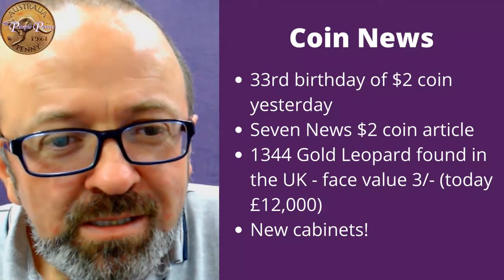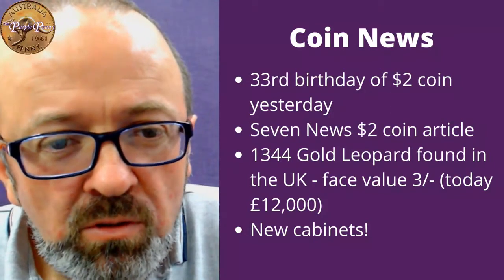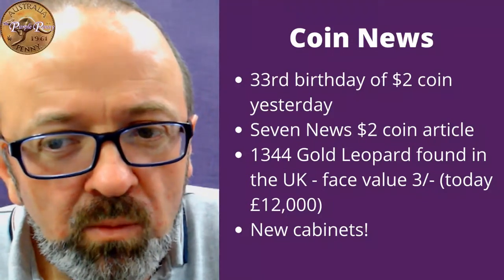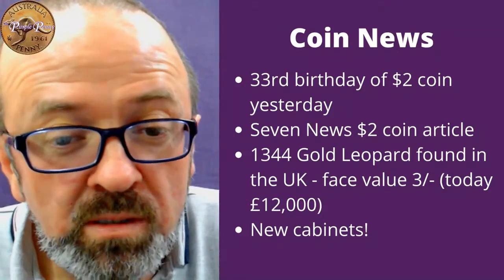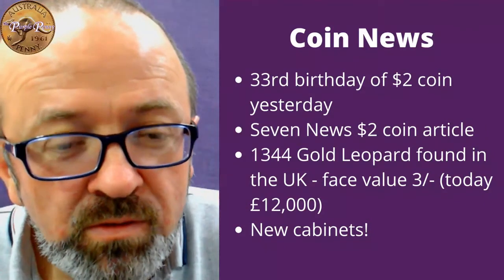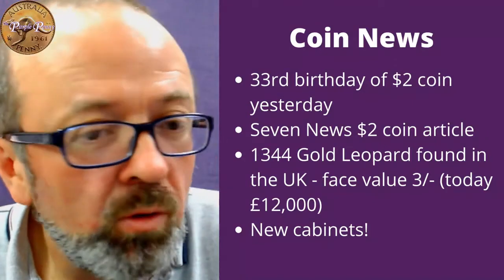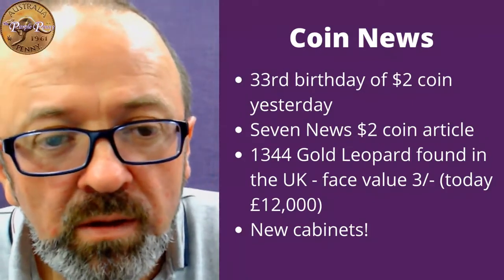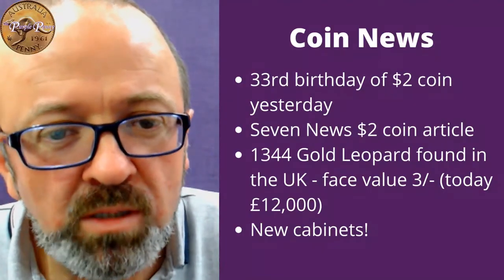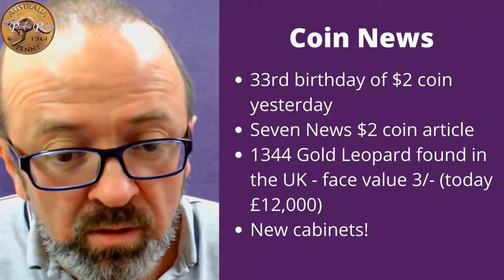Interesting that coins are in the news just yesterday about 2 gold coins that were metal detected in England. And those of you who aren't aware, you can find old coins in the ground in England, given that England has a pretty significant history. And there was a gold noble and what's called a gold leopard metal detected in England in the last few months, and I thought it was just interesting about the gold leopard because the gold leopard is an extremely rare coin. It was only minted under Edward III